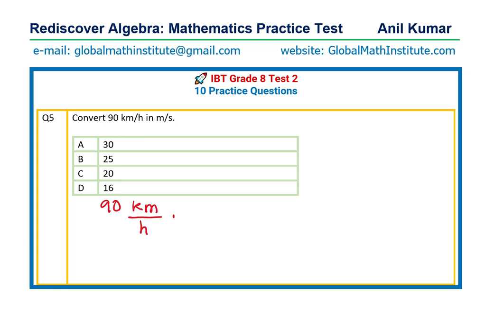So 1 kilometer is 1000 meters. So we write like this: 1000 meters is 1 kilometer. You see? So why did I write like this? Since I can now cancel kilometer and kilometer, what am I left with? Meters. I still have this hours in the